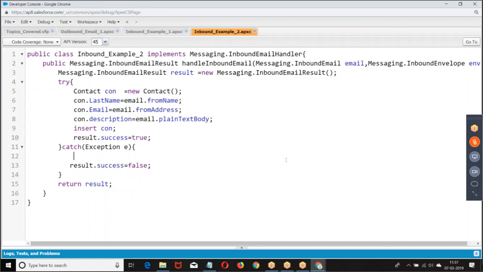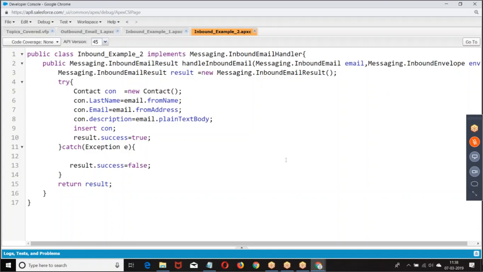You are making a call to customer care. There is an issue, you are making a call to customer care. When you are making a call to customer care, I can also send the screenshots of the problem I have. Now, when you are sending email, if you are sending an attachment, how do you take those files from the email and put them to the case I created?